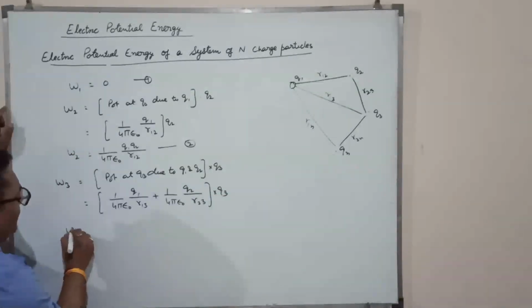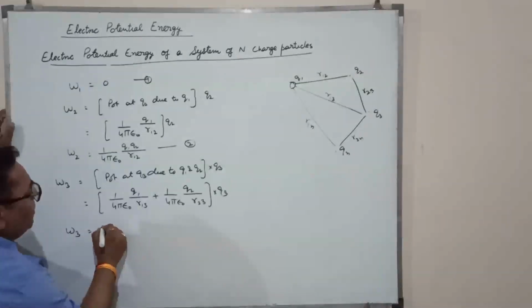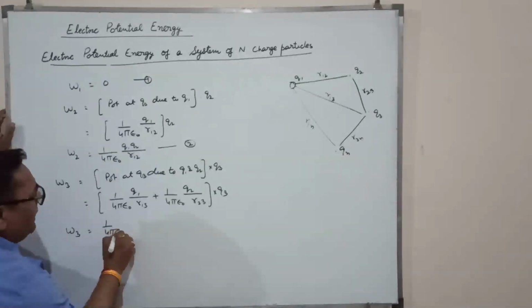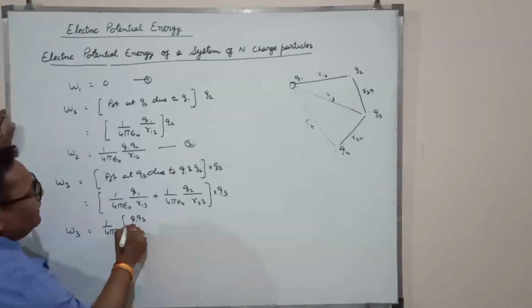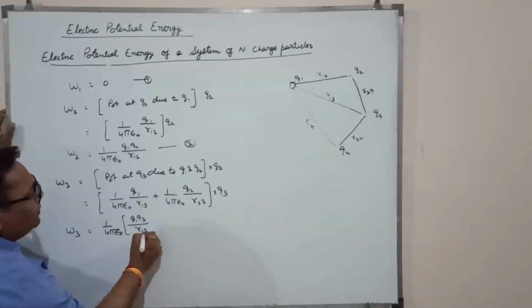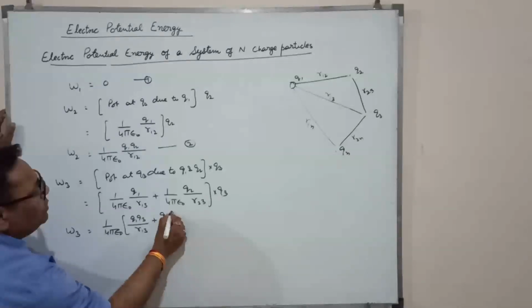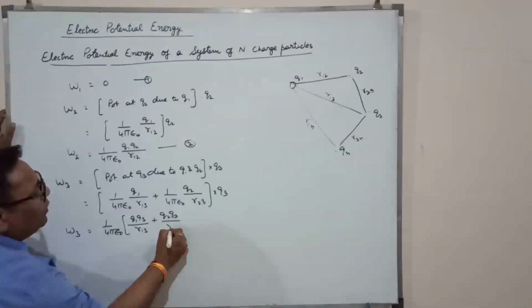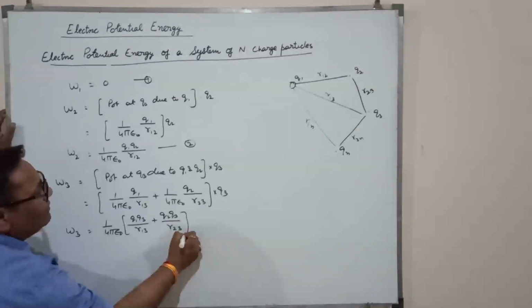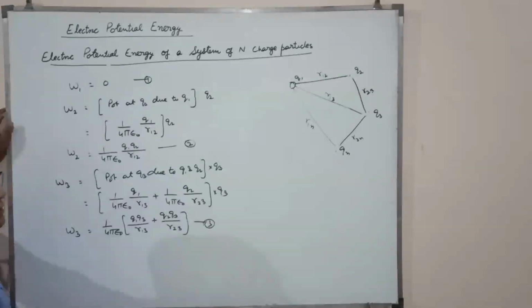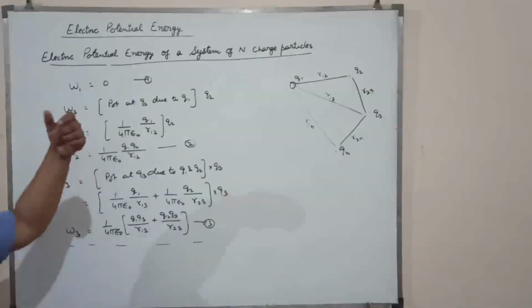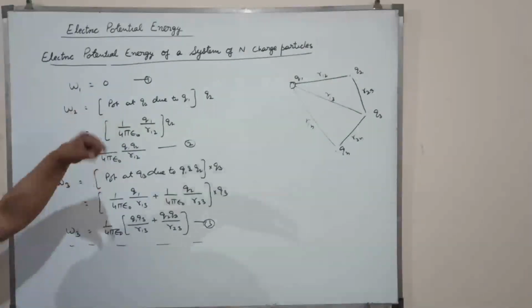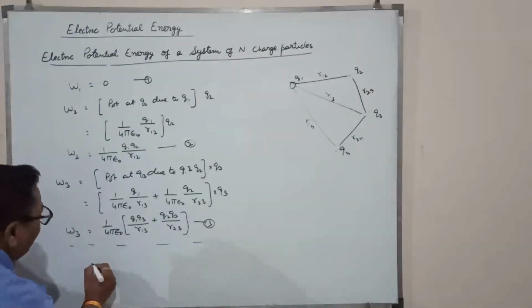Or W3 is equal to 1 upon 4 pi epsilon 0 times Q1 Q3 upon R13 plus Q2 Q3 upon R23. This is equation 3. Similarly, for the nth particle, then the total work done to assemble a system of charged particles,